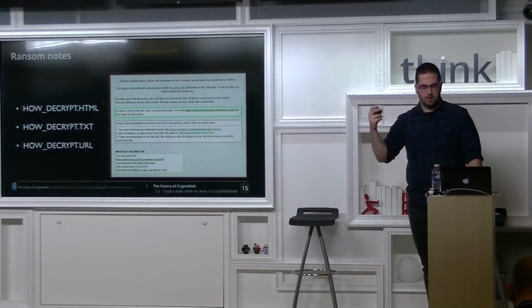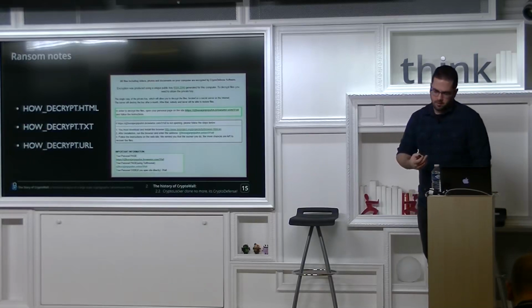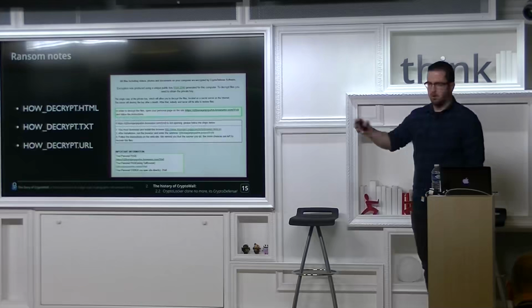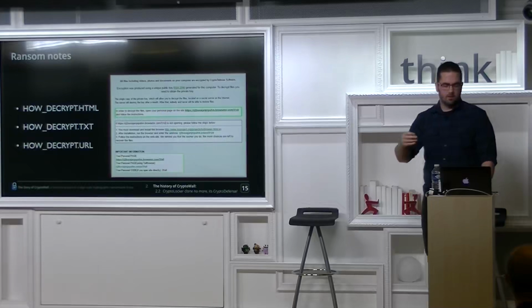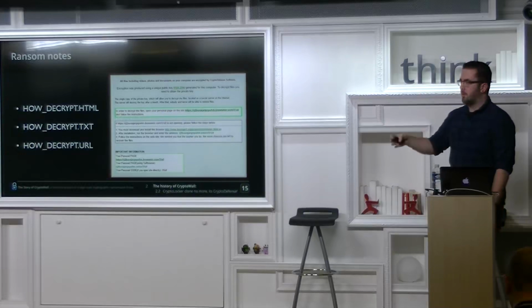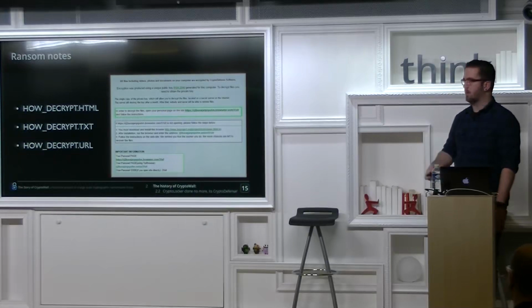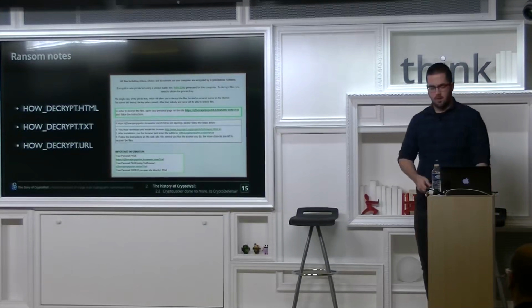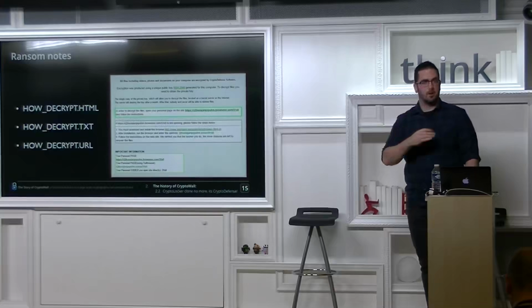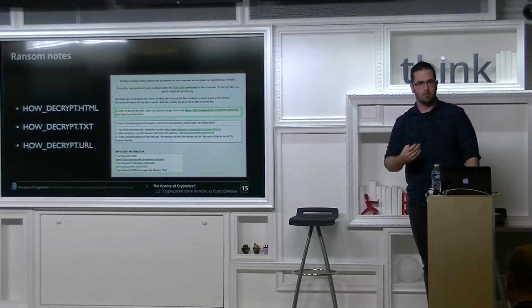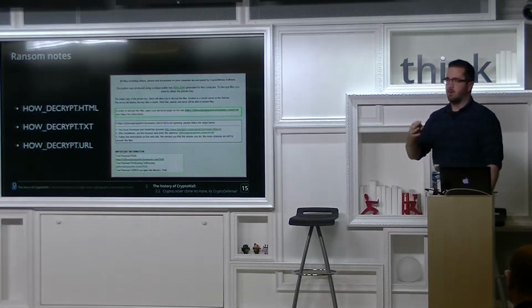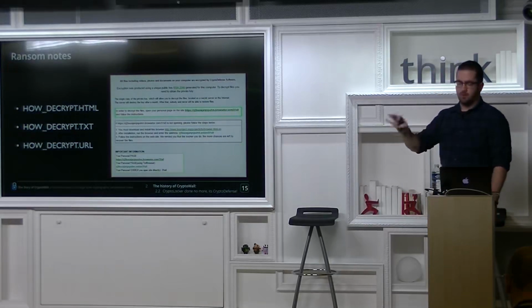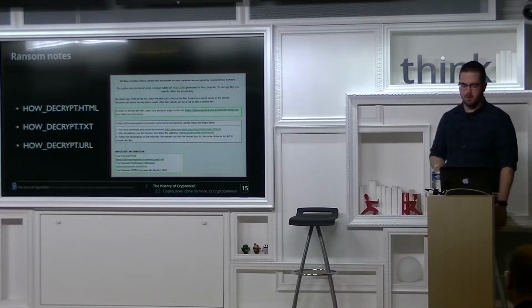They had a small text on there saying your files are basically encrypted using RSA 2048. The ransom notes would be dropped in every directory where you had files that were encrypted, named how_decrypt with HTML, TXT, and URL extensions. At the bottom, they explained how you get on the payment server to get your files back, and you had something they called a personal code, which is just a way to get you to pay specifically for your key to get your files back.